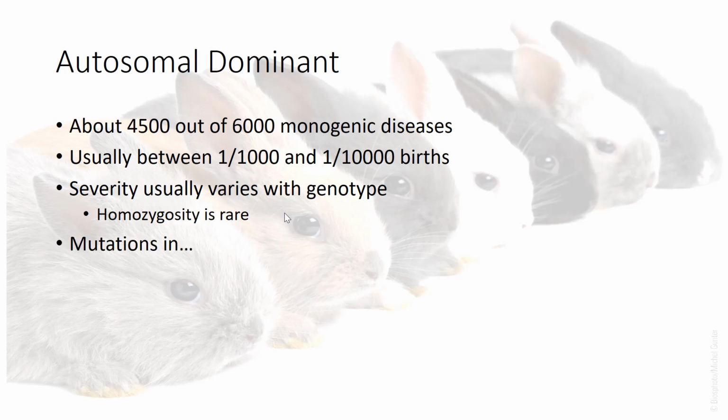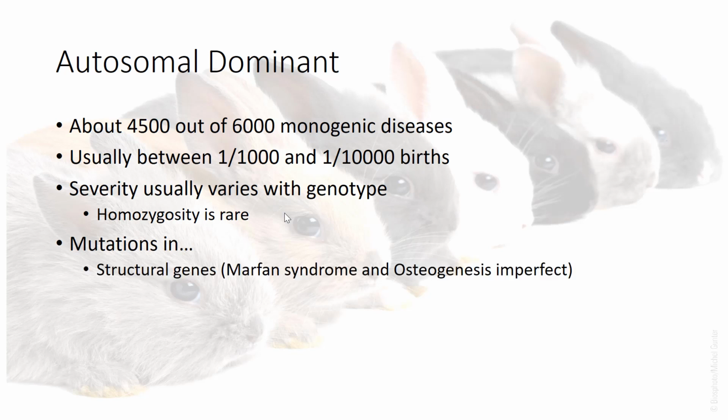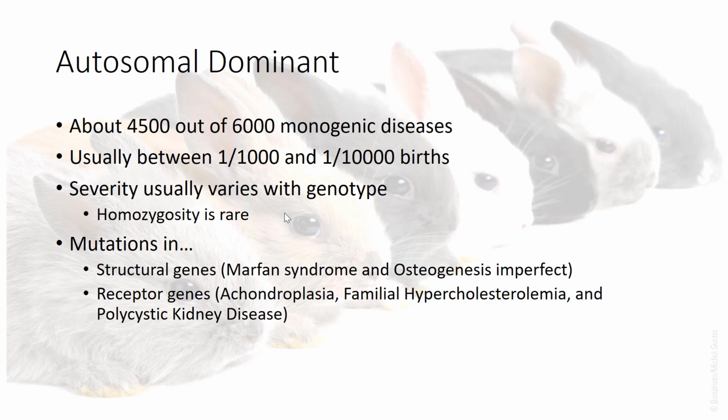Homozygosity is rare, and these illnesses can be caused by mutations in structural genes. Marfan syndrome and osteogenesis imperfecta are good examples of this, where you've got issues with connective tissues and issues with organs all over the body as a result of mutations in structural genes. Also, you can see this in mutations in receptor genes: achondroplasia, familial